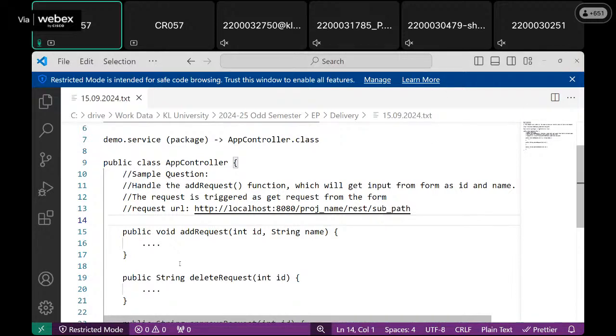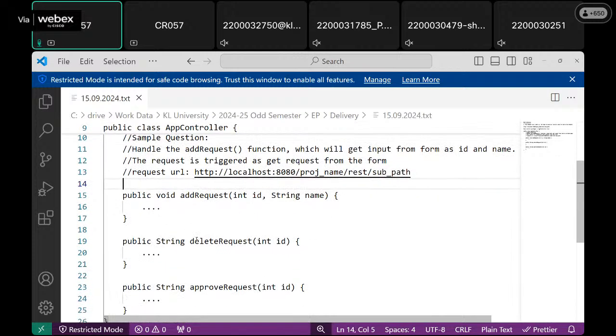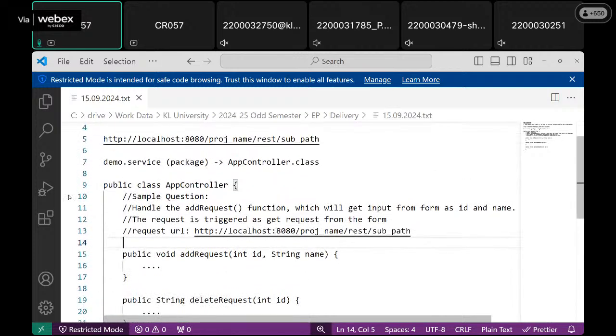Now what you need to do, you need to handle this request. So to handle this request, in the same place where you are having this app controller,